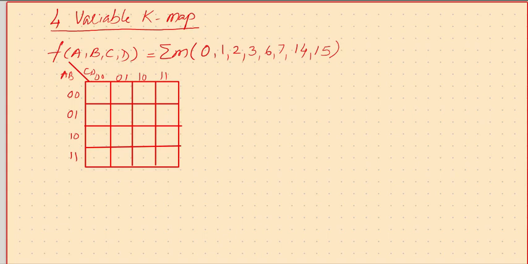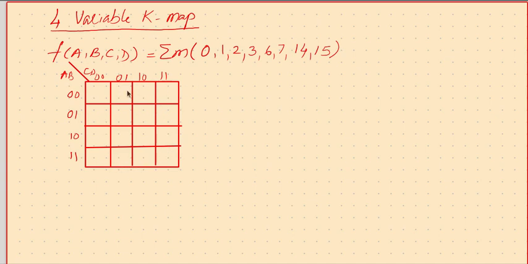After looking at some details about the three variable K map, now let's get into a problem which is having four variables A, B, C and D, and with four variables there are 16 possibilities, 0 to 15 as min terms. So let's assume a problem. So this needs a 16 celled K map, and 16 cells are properly put in a 4 by 4